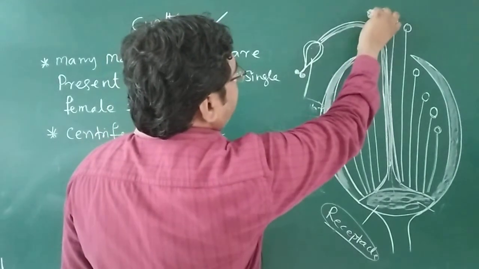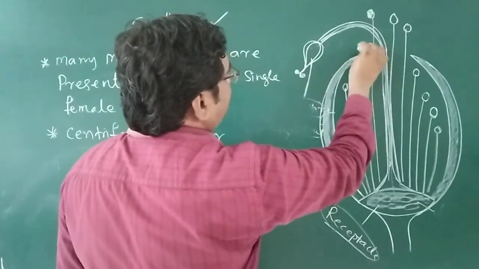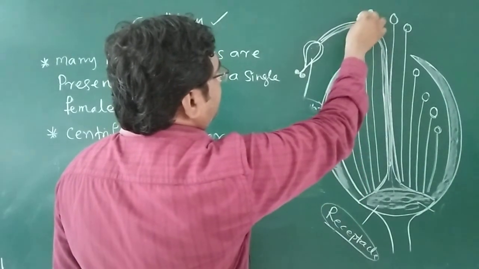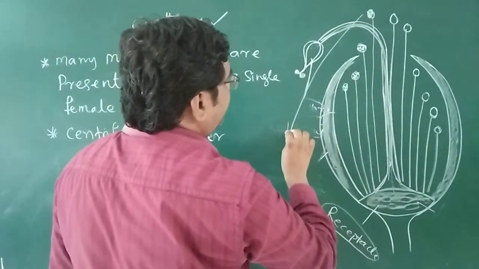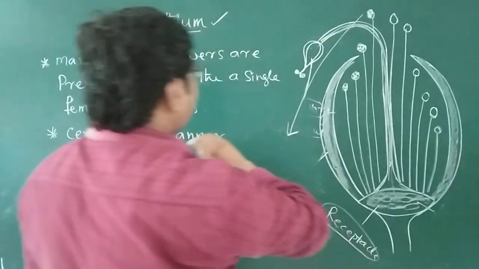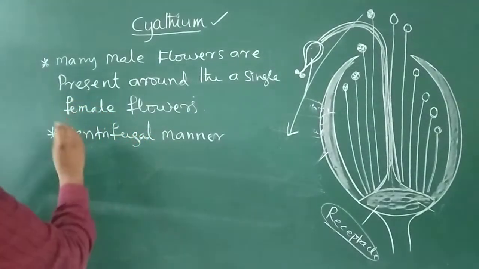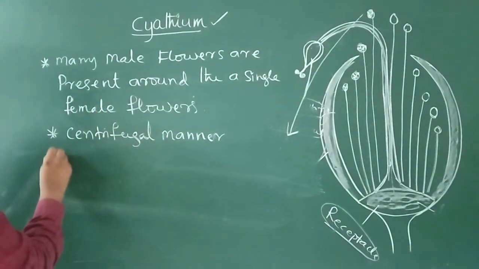First this flower is open, then this flower is open, like this opening of flowers from the center to periphery. This arrangement is called centrifugal arrangement. Okay? Right. In this Cyathium,